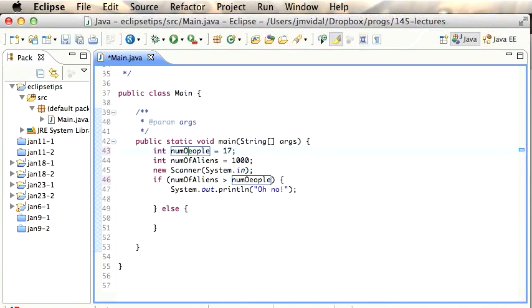So now I can change this variable, and you see it's changed over here, right? So this is very useful when you have a variable that you're using a lot and you want to change its name. Total number of people. So I can do that. I can change it and